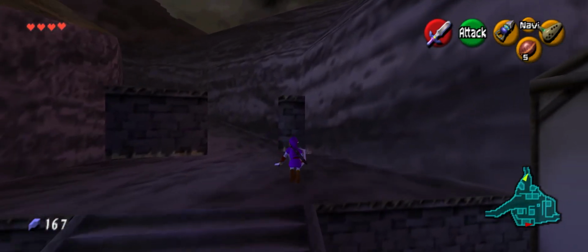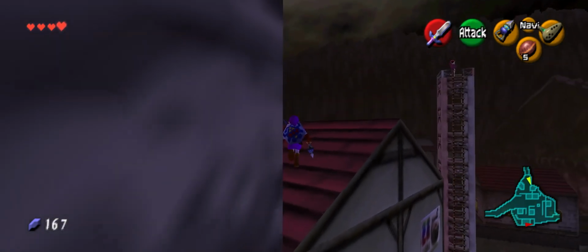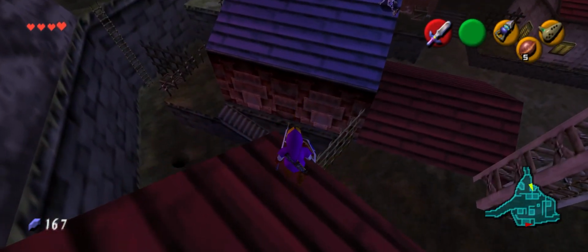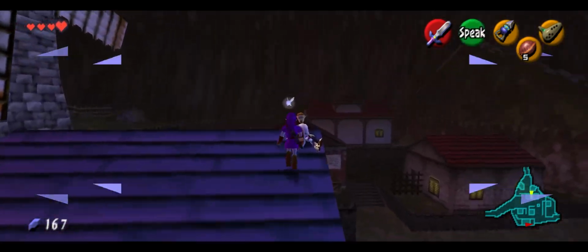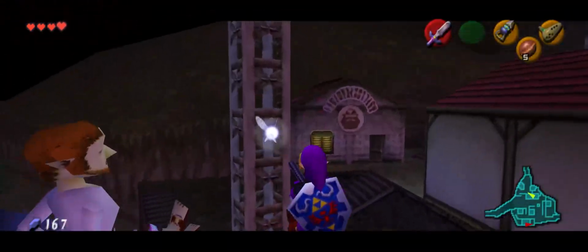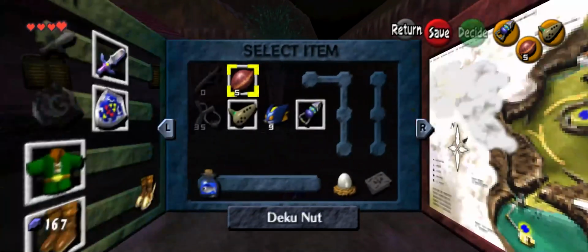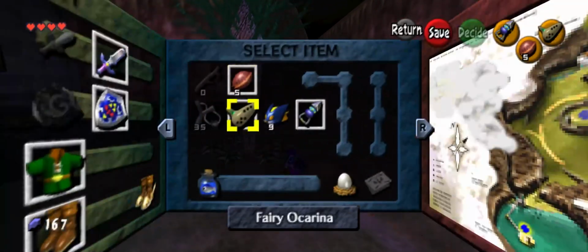Alright. Let me get right here. This should work. Yeah. Let's go to the Great Deku Tree, by the way. Yeah, I'll get right on that. There we go. Perfect. Boom. Alright. Now we could finally, we're done with all this nonsense. We can, let me save. Good idea. We could finally